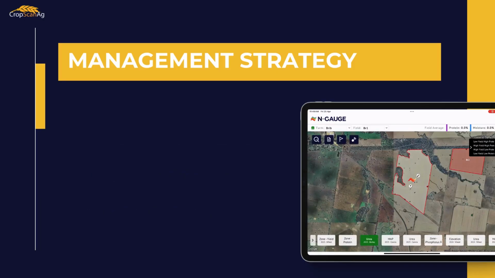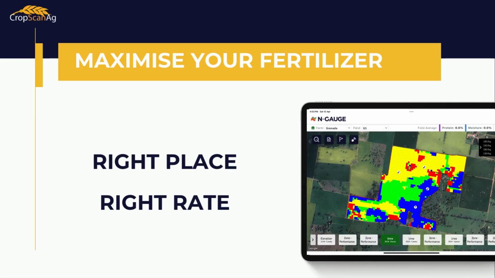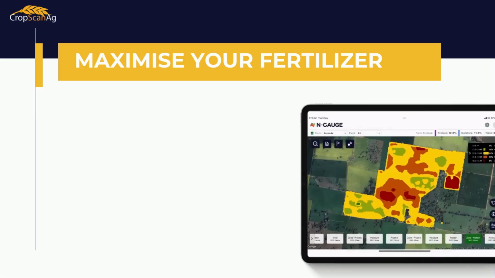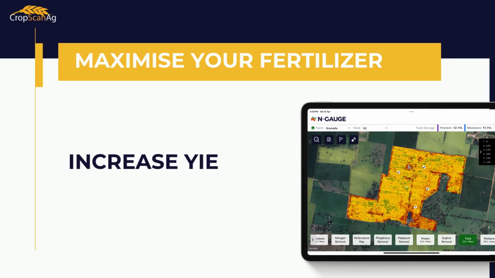zones. Once the fertilizer prescription is made, you can send it to your connected machinery platform. The goal: place fertilizer in the right place and at the right rate. Evening out your protein zones. Increase yields and profits. Variable rate fertilizer practices can have a return of 2 to 3 times of the cost